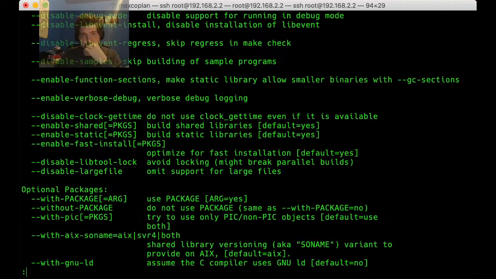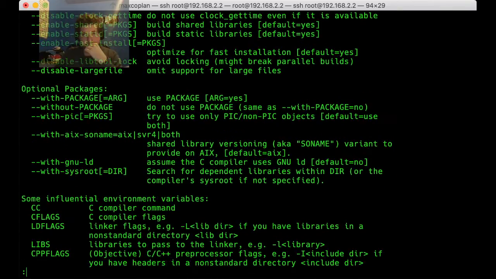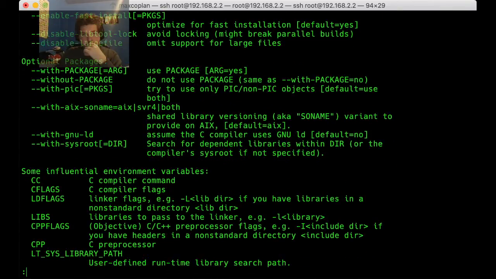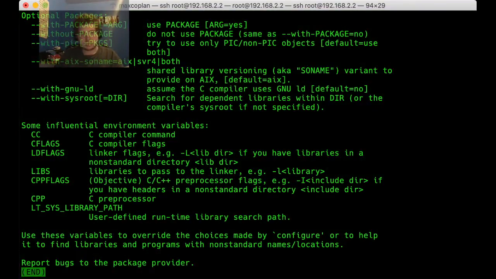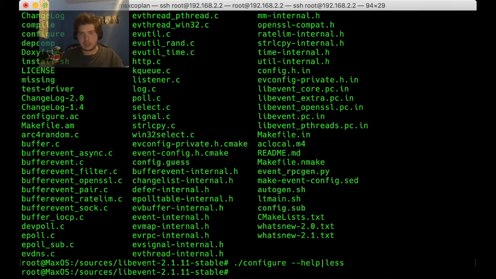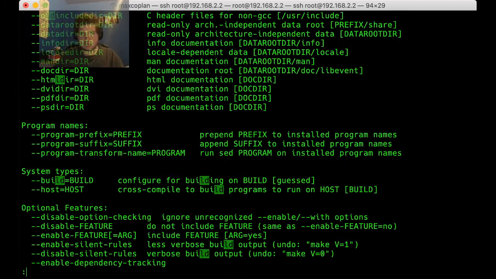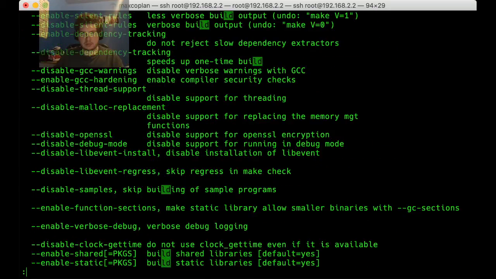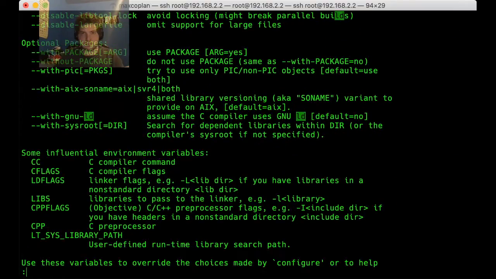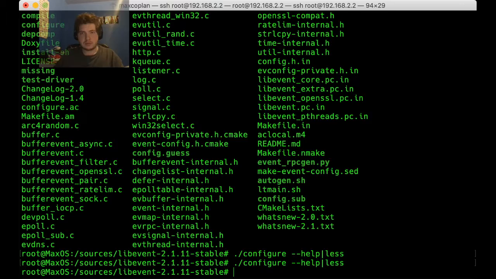Disable static. Actually, what was that thing about LB? Yeah, we can assume GNU LB, right?